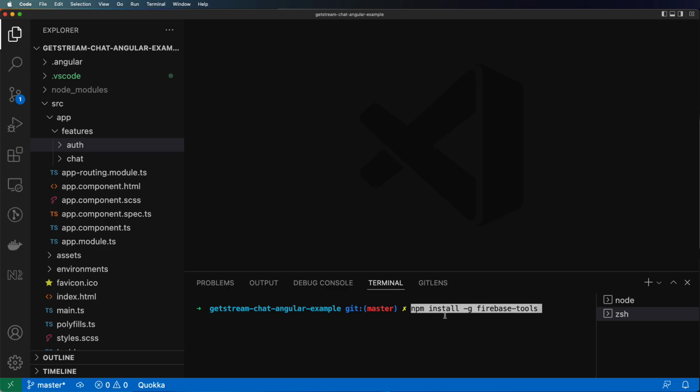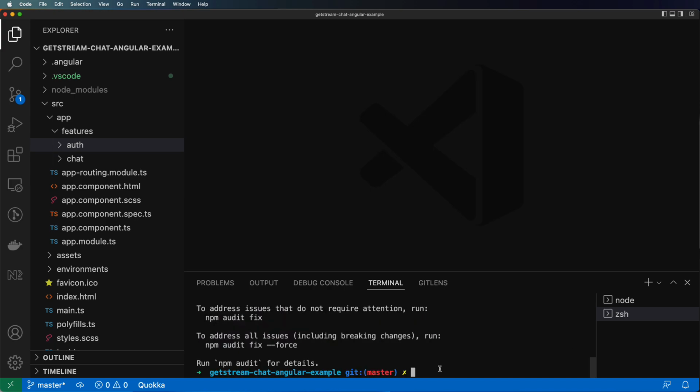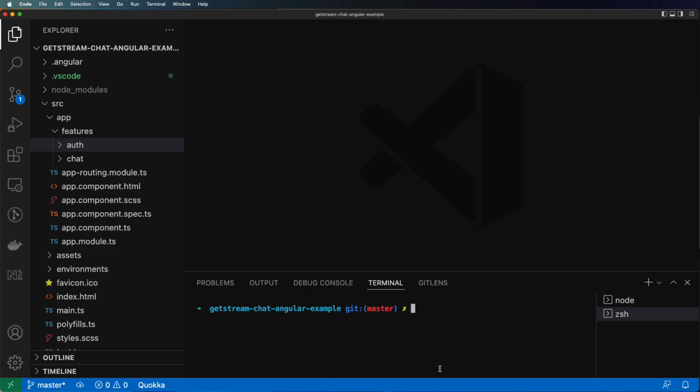In order to install it, you have to run this command. If you want to install it globally, you use this -g parameter, and you install the package Firebase Tools. It will take some time, and once everything's successfully installed, you will be able to run firebase, for example, --version